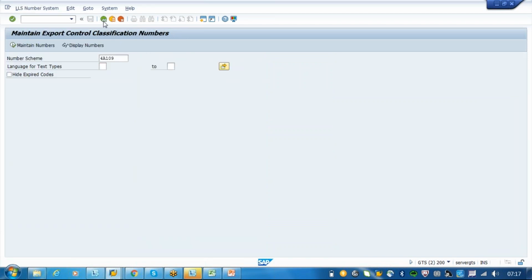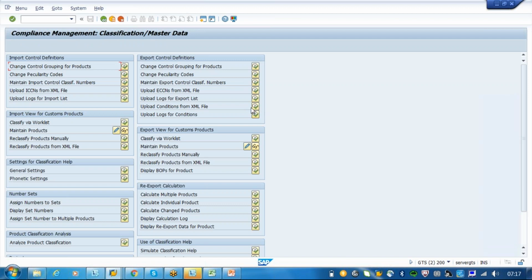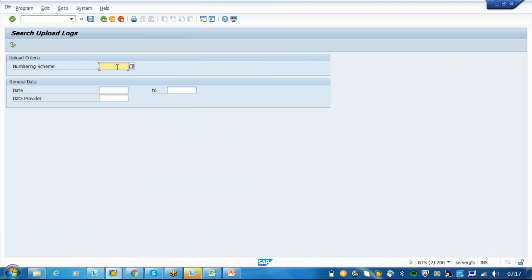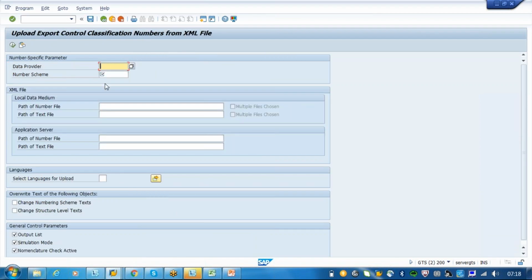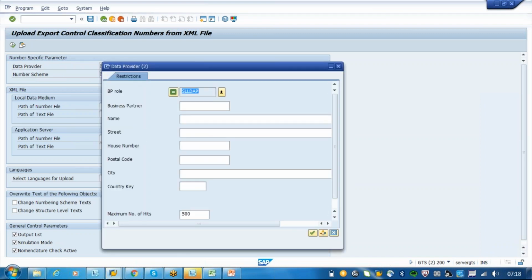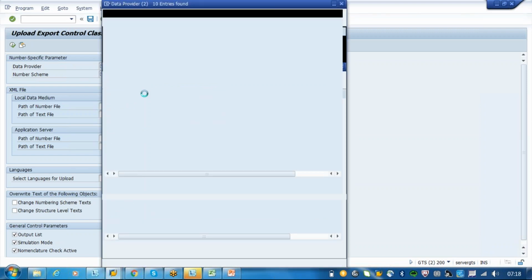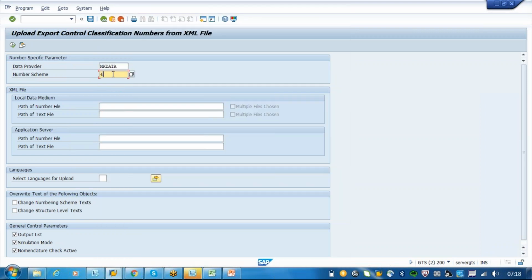If you have the data already, you can upload it using the XML format here. For this numbering schema, it is the classification XML file. You have to put the data provider, for example, MK International is providing this. What is the numbering schema? 4A109, and the path file, application layer, is nothing but your A11.